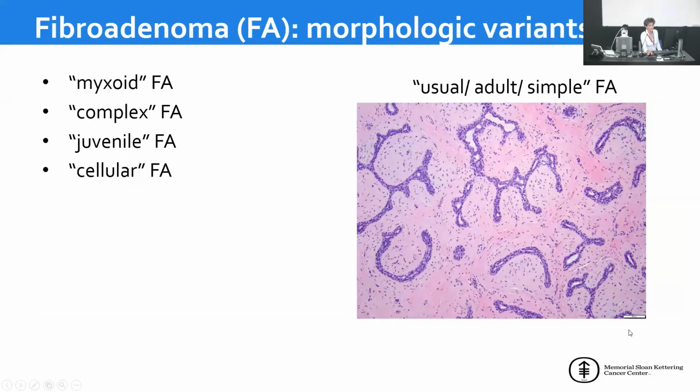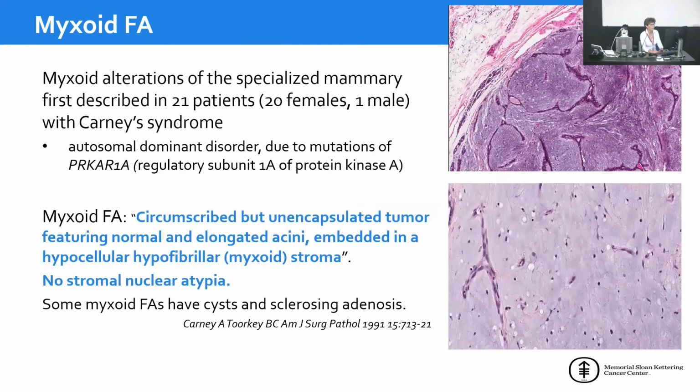Now, so far I've talked about usual or simple, or some people call it adult fibroadenoma, but there are some morphologic variants of fibroadenoma that include myxoid, complex, and then juvenile and cellular. Myxoid fibroadenoma was first described by Carney in the context of Carney's syndrome. They identified myxoid alteration of specialized mammary stroma in 21 patients, including one man, who had Carney's syndrome, which, as you